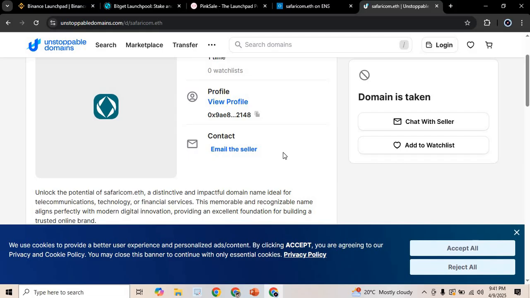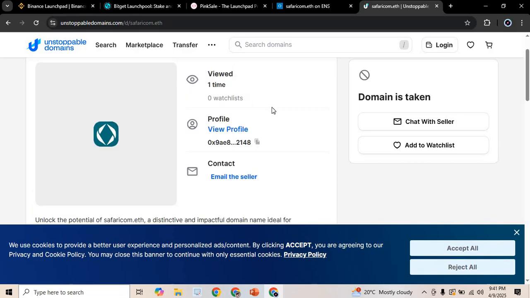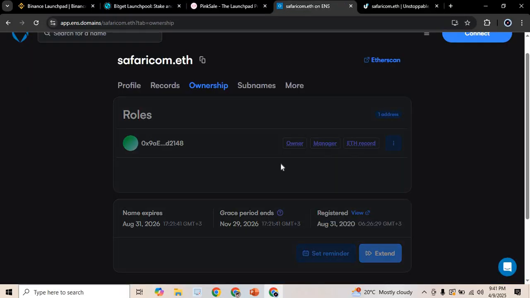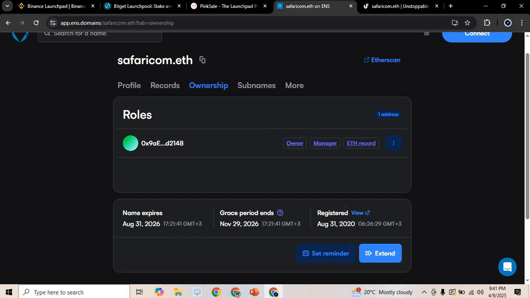And for you to be completely sure that this person is a legit person, who doesn't intend to scam but is treating this as an investment, you can see they have actually left their email address here, so that in case Safaricom is in dire need of this ENS name, they'll be able to contact him or her directly. So it's a form of investment. So if you want to buy, come to Unstoppable Domains or safaricom.eth and buy from those sites.